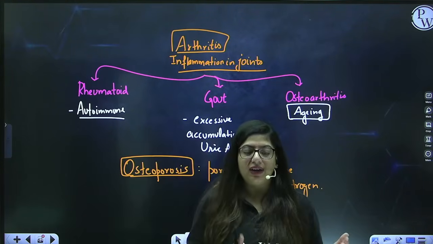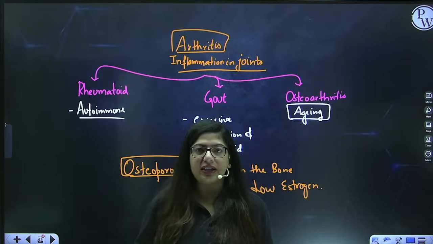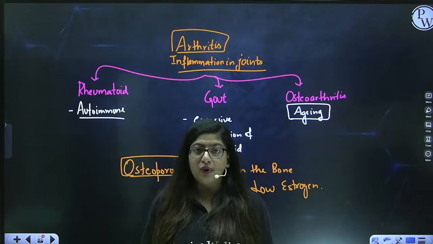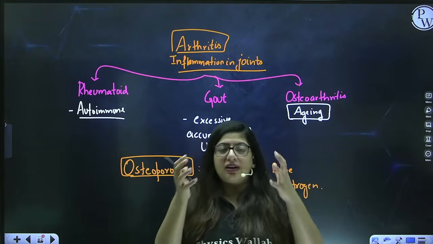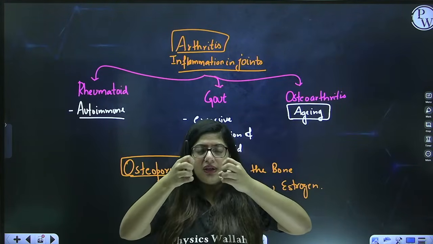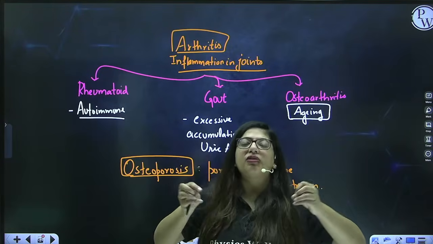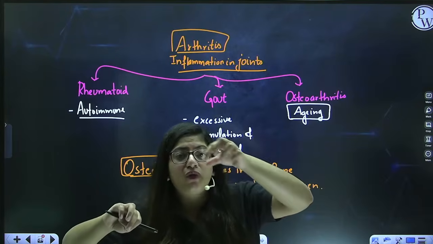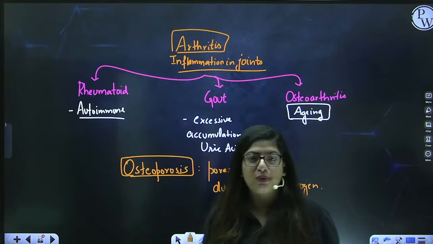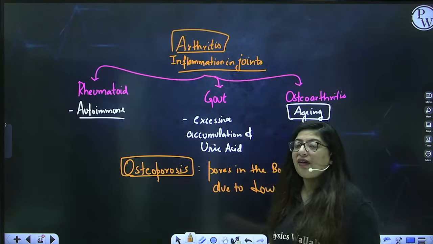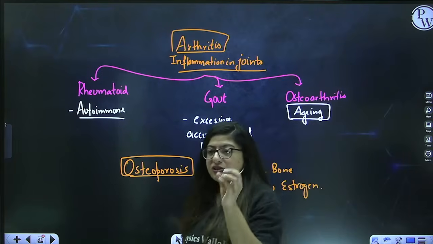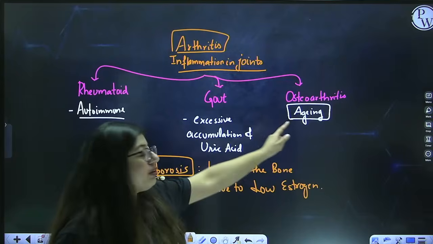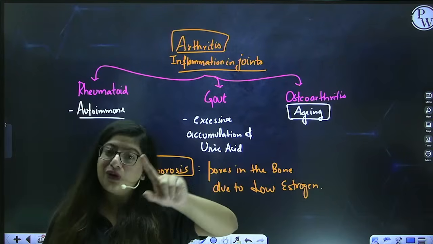But when I hit menopause around in my 50s, then my estrogen will go low. Now, who will deposit calcium? No one. So now the bones will get demineralized and calcium will be taken out from the bones. As a result, the pores will be formed in the bones, known as osteoporosis. So after menopause, females have more chances of fracture because their bones get thin, and also there are more chances of arthritis. So usually females get osteoarthritis.